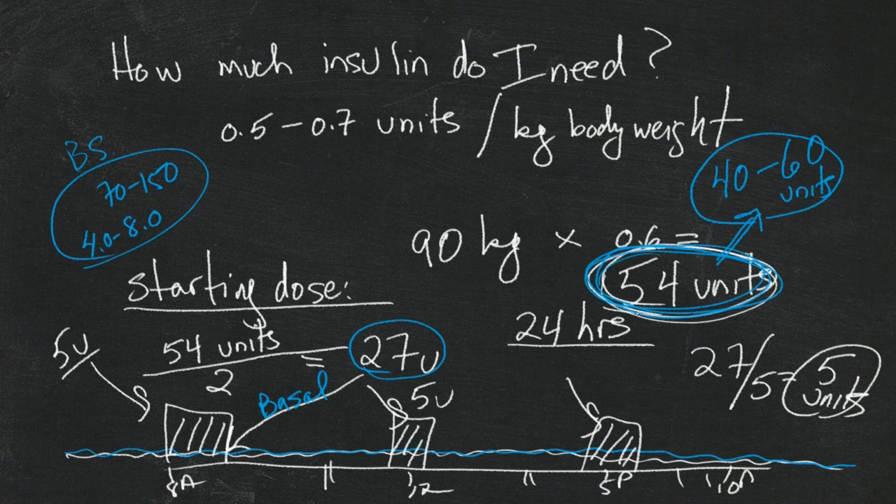So the 54 units, as I said, is just a place to start. That's how we sort of parcel it out. And that should take out some of the mystery as to why and how the doctors and the nurses figure out how much insulin to get started with. We need, just to go over that,